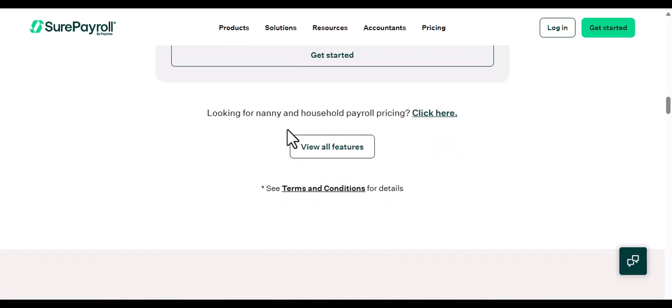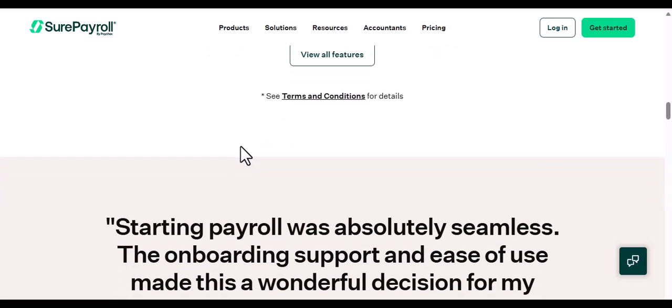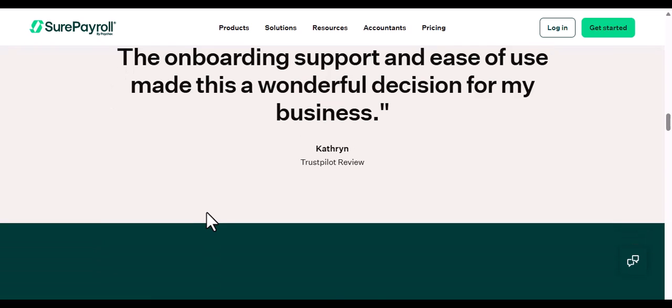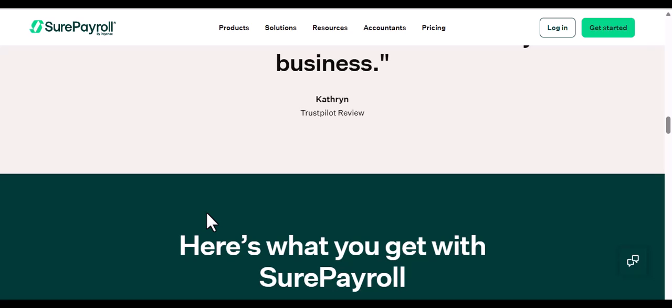The foundation: automated tax calculations and deductions. At the core of SurePayroll's tax compliance strength lies its powerful automation. Manual tax calculations are ripe for errors, and even a small mistake can snowball into significant penalties. SurePayroll eliminates this risk by automatically calculating all federal, state, and local payroll taxes based on the information you input. When you run payroll, SurePayroll instantly determines the correct amounts for federal income tax withholding, based on each employee's W-4